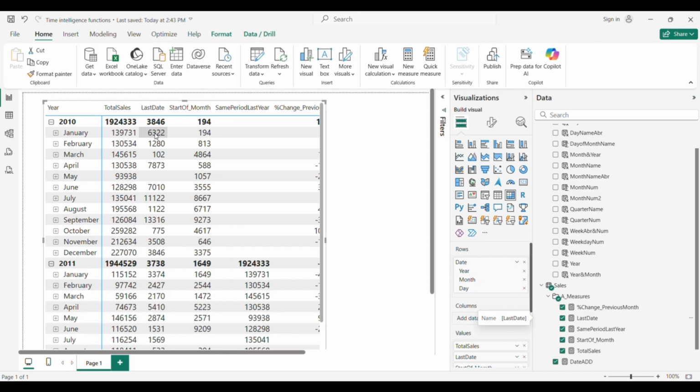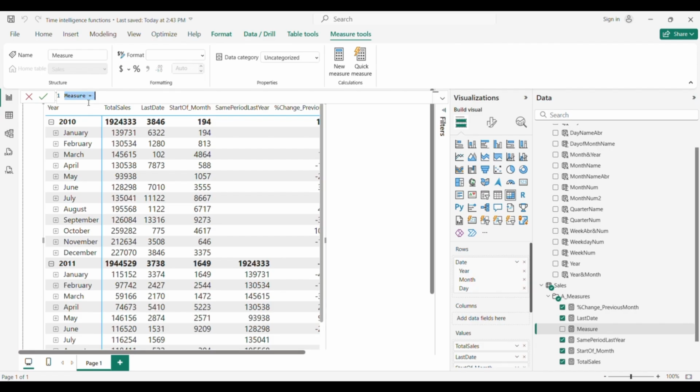Now let's use opening balance month, another measure. With this we should take the last date of a previous month.